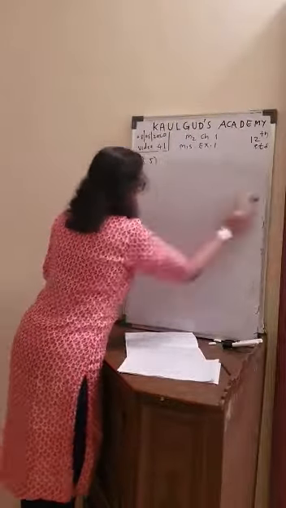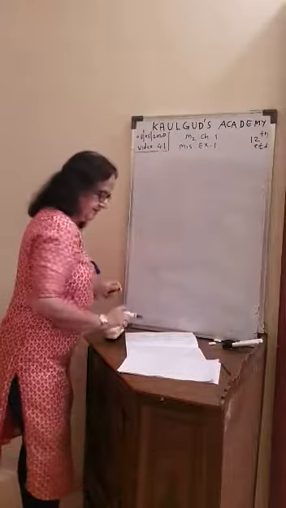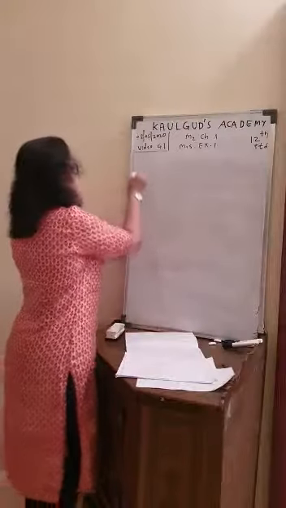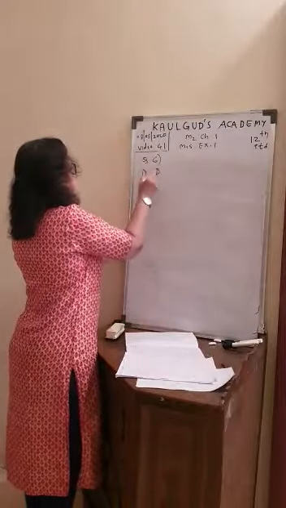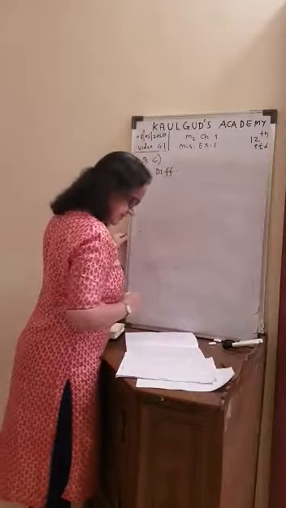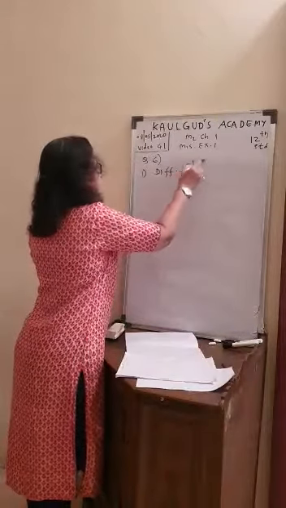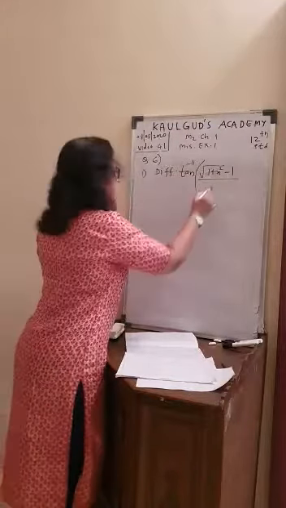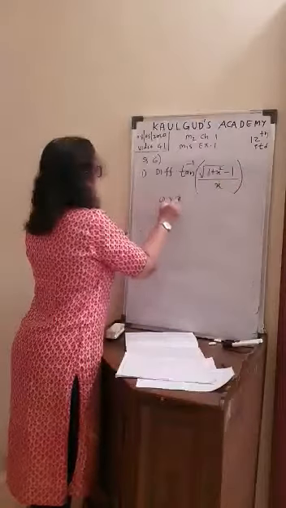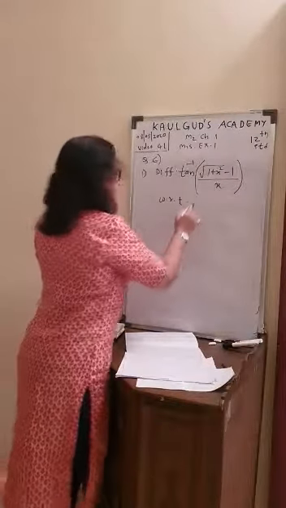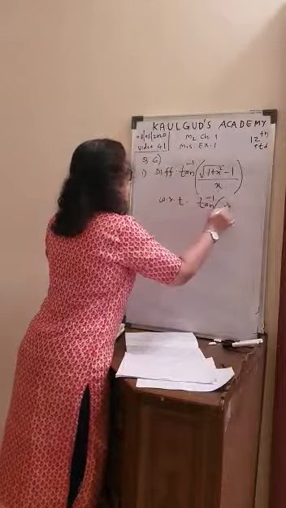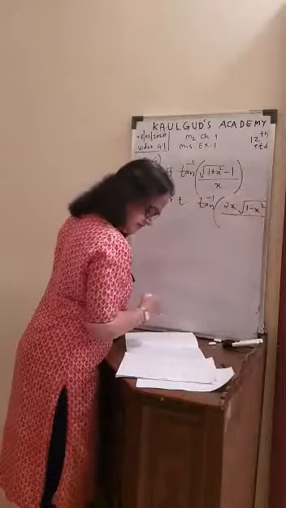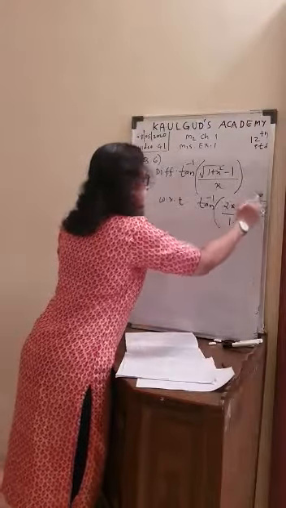Now number 6 is a little theoretical question, so we'll cover that later. So this question 5 is completed and now see question 6. In that, the first problem: differentiate tan inverse of under root 1 plus x square minus 1 upon x with respect to tan inverse of 2x root 1 minus x square upon 1 minus 2x square.